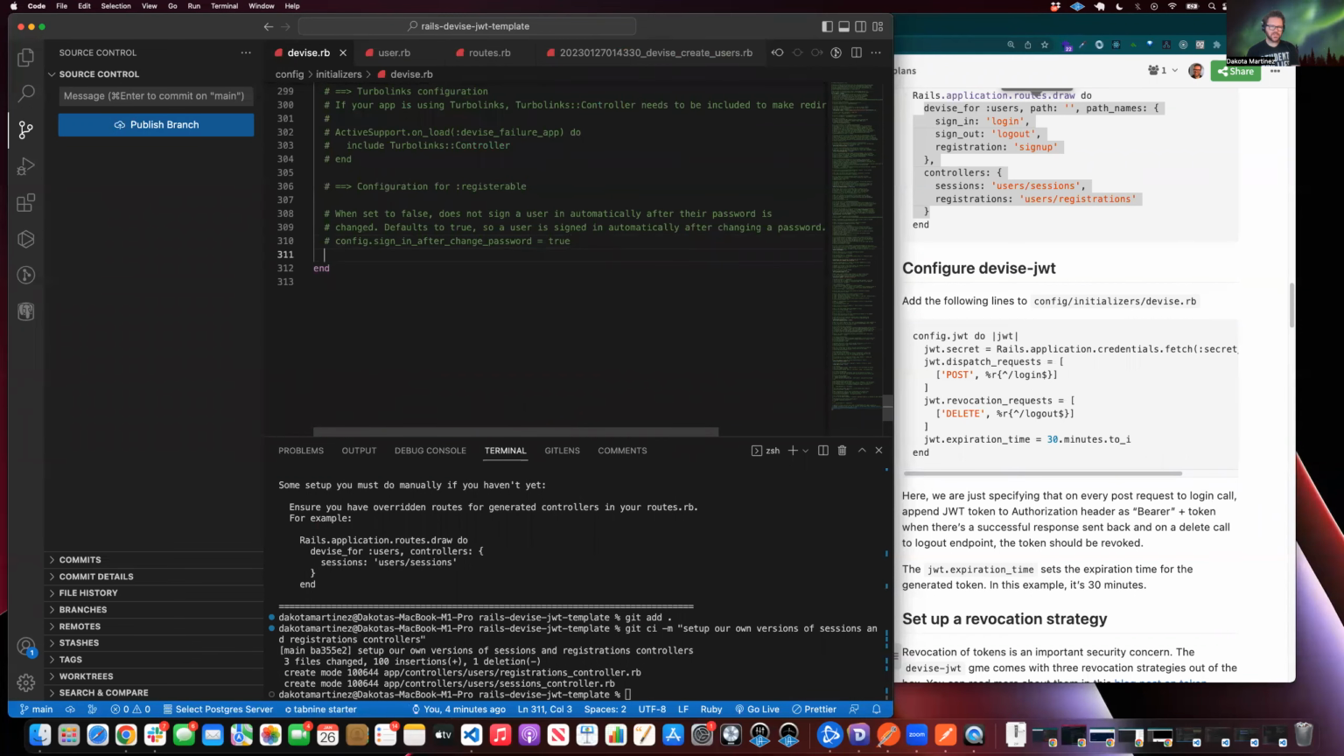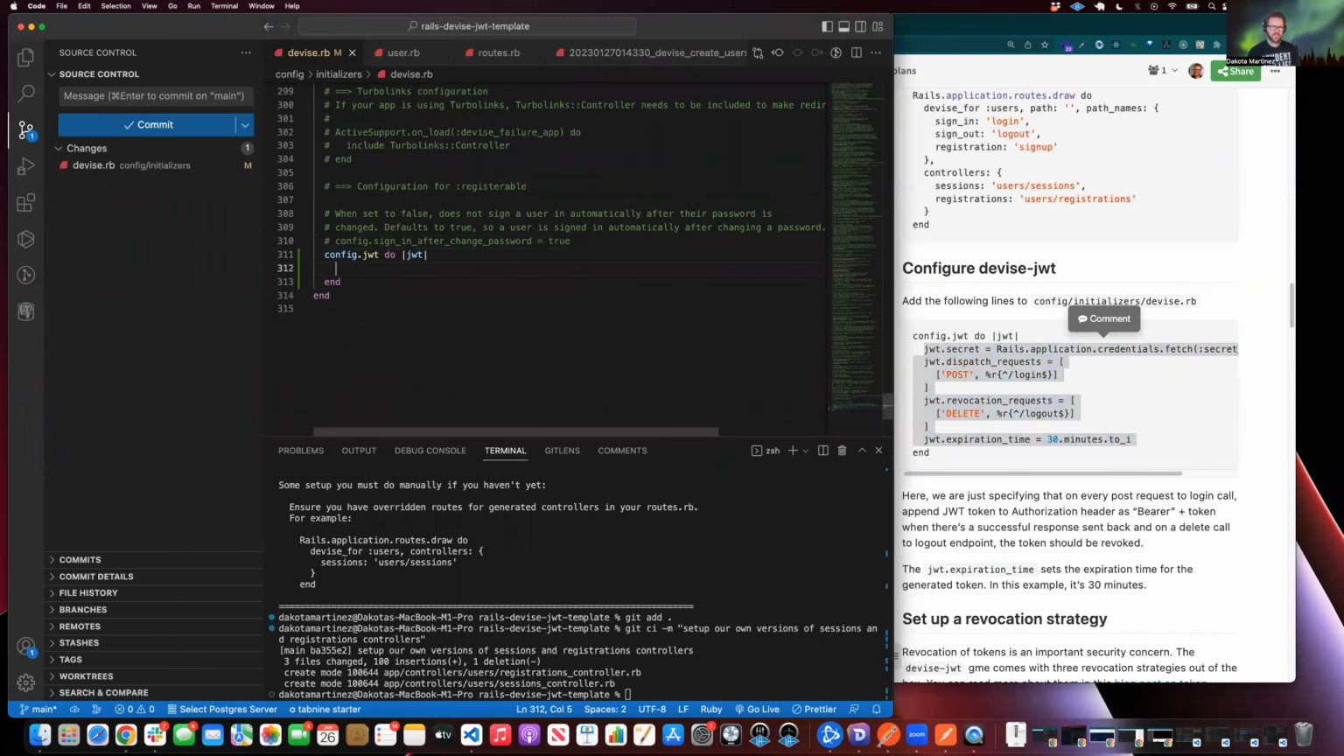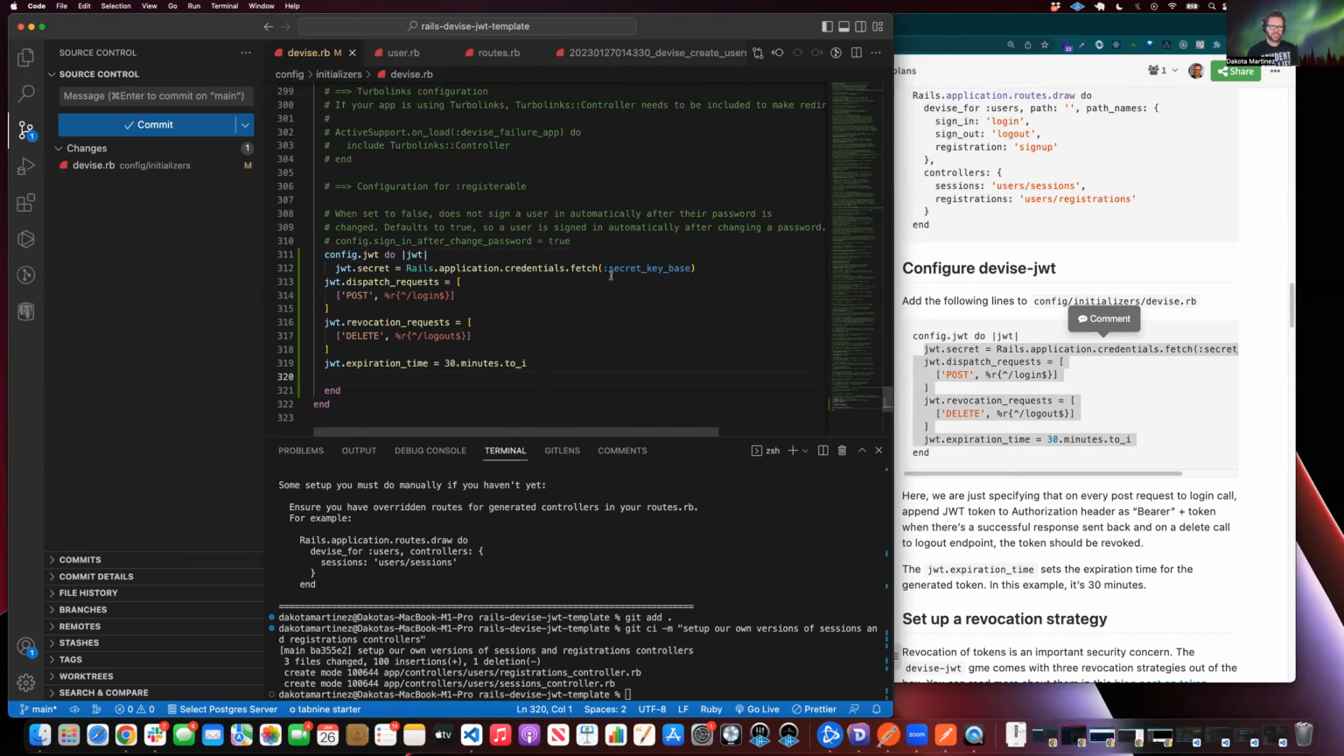And what this is doing is it's going to configure Devise to work with the JWTs, in particular when we're dispatching a request to get a new one and when we're revoking one. We're going to also here set the expiration time. So how long till the token will expire. And then we also have to set up the secret that the app is going to use for making the token. And that's going to come from the application secret key base that we're going to fetch from the